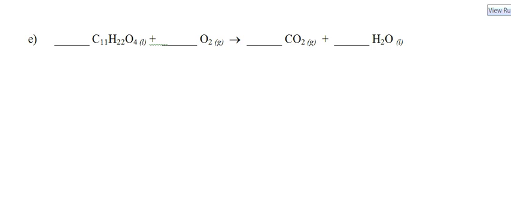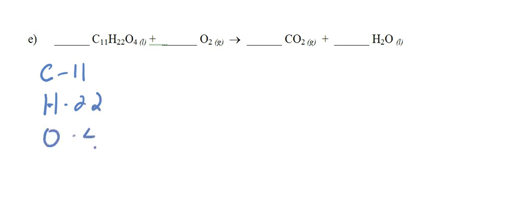All right, so I'm going to do inventory. There's no way you can do the method that I showed with the polys, because there are no polyatomics on here. So I've got carbon, 11, hydrogen, 22, oxygen, 4. Now this one's a little bit different than the first hydrocarbon. Ooh, not 4, my bad. We have 4 plus 2, which is 6. Again,